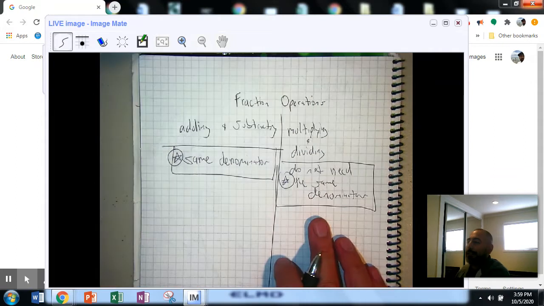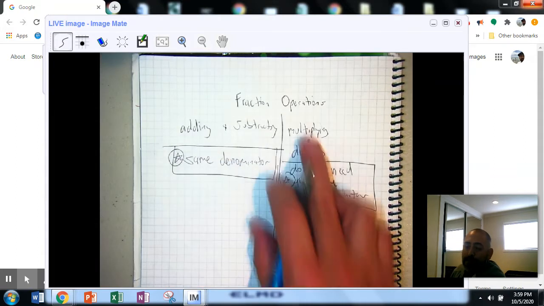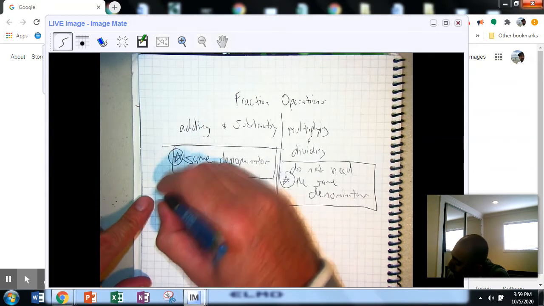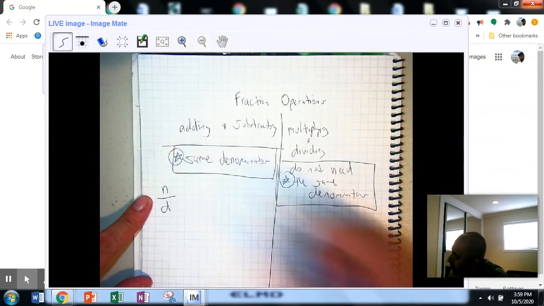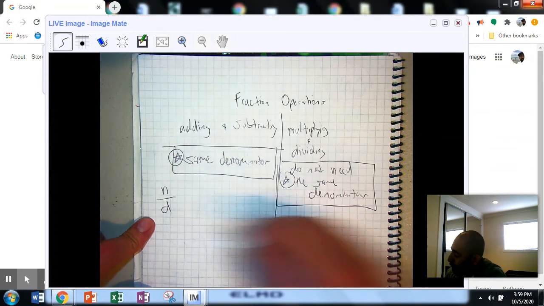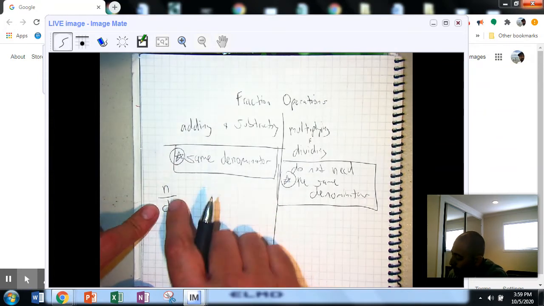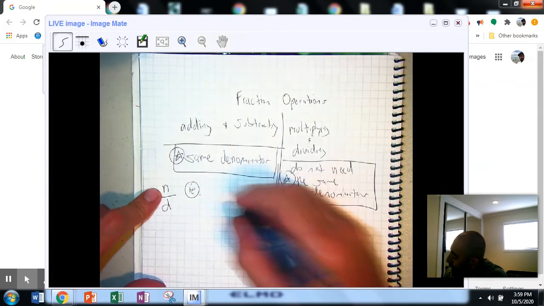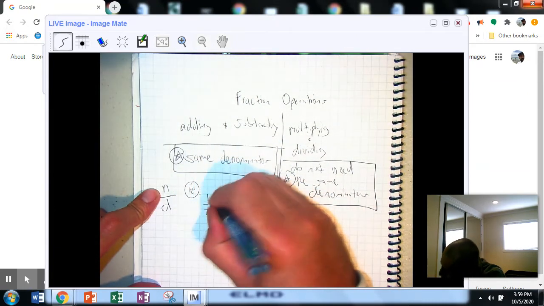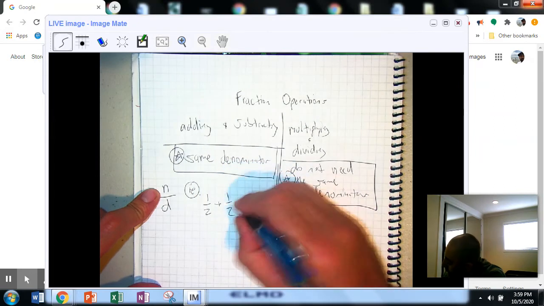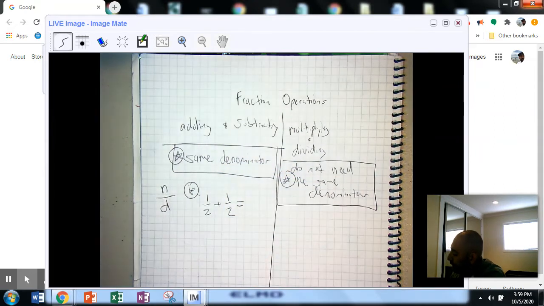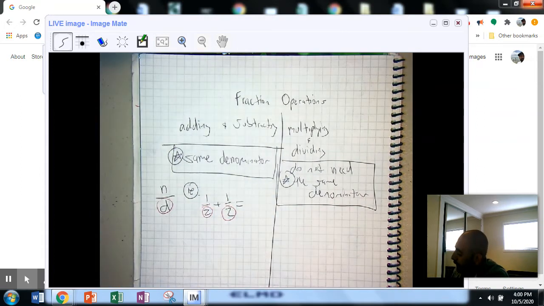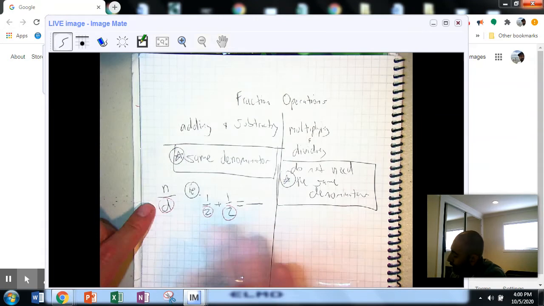So first decide: are they asking you to add, subtract, or to multiply or divide? If it's add or subtract, you've got to make sure the number on the bottom is the same. We have our numerator and our denominator. The numerator is the top number, the denominator is the bottom one. Let's say they ask you to do 1 over 2 plus 1 over 2. You have the same denominator,